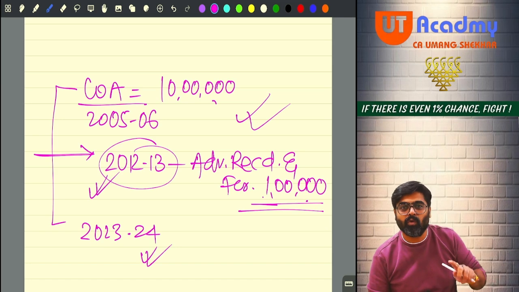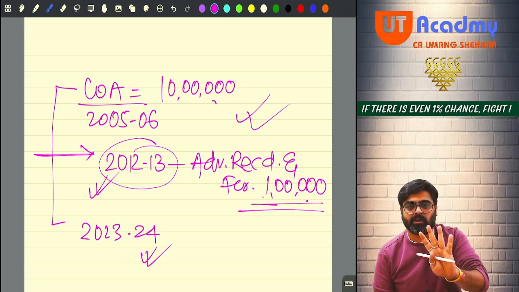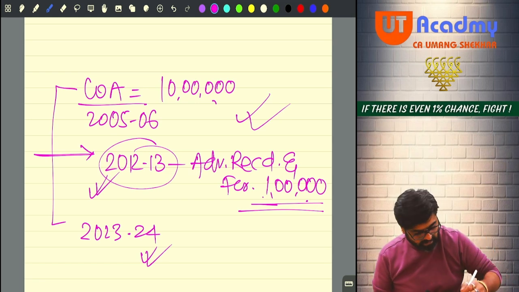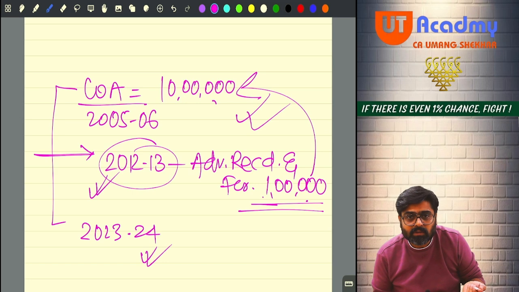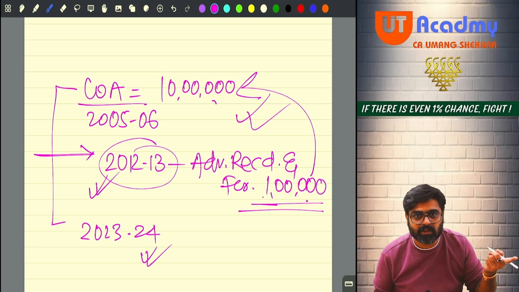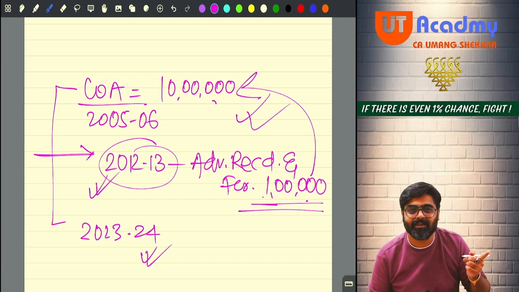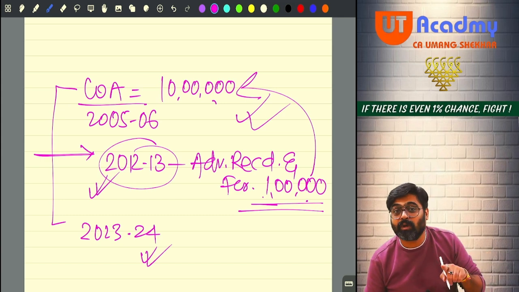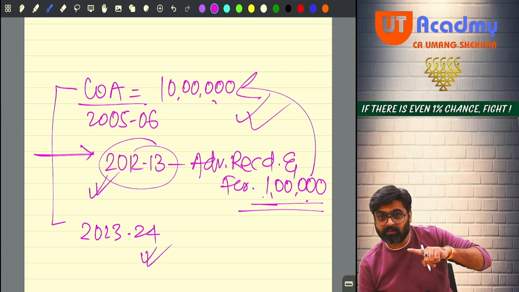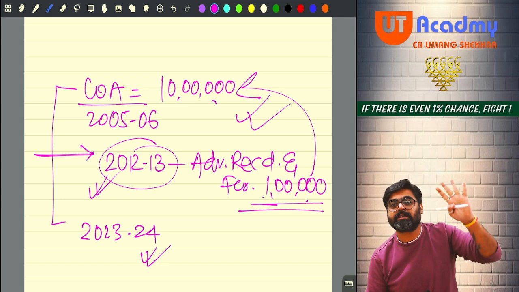But actually, going by the plain reading of the law, section 51 says it has to be adjusted out of the cost. Period. Meaning reduce out of the cost, not from indexed cost. Reduce it out of the cost, and whatever cost remains, you have to index that only. All the answers, the institute has done that only. And only then you are going to get the marks. Getting my point? First what you will do? First you will adjust the advance. Then the balance amount you will get as cost. Index that only. Institute also does that.